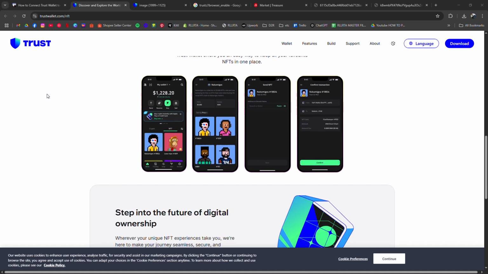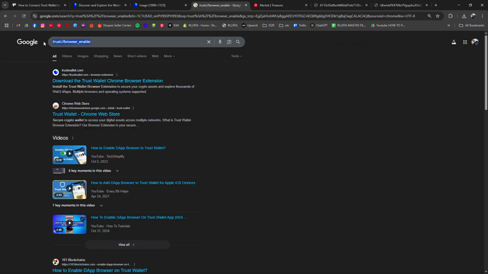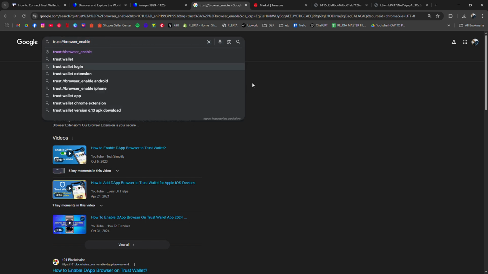First, make sure your Trust Wallet is set up and has some Ether on Arbitrum since Treasure operates on that network. Open your Trust Wallet and tap the browser icon. If you're on iOS and don't see it, go to Safari and type in trust://browser_enable